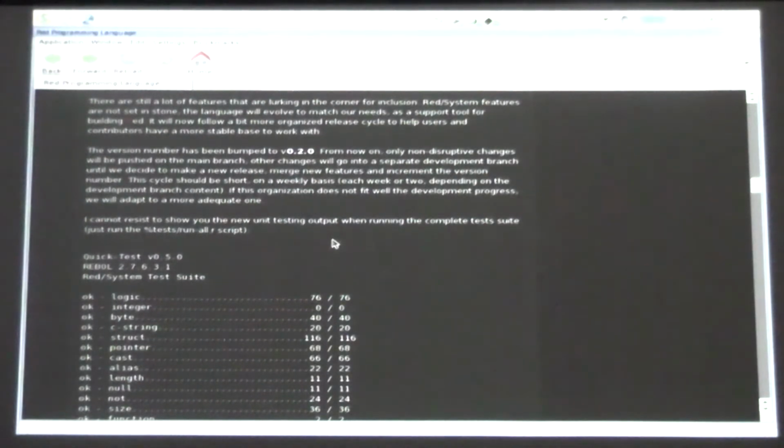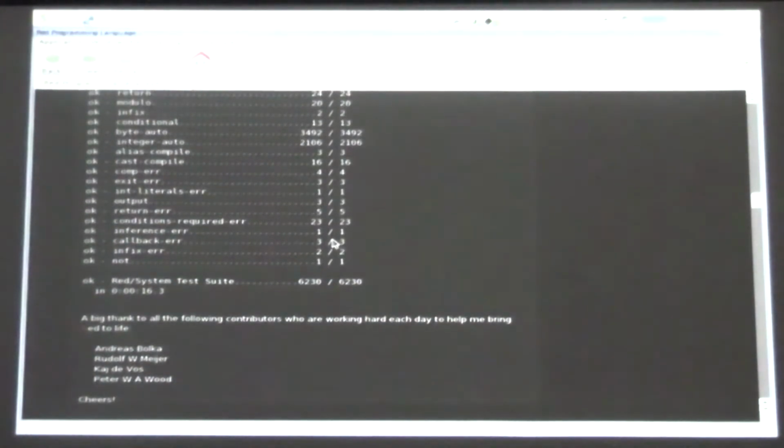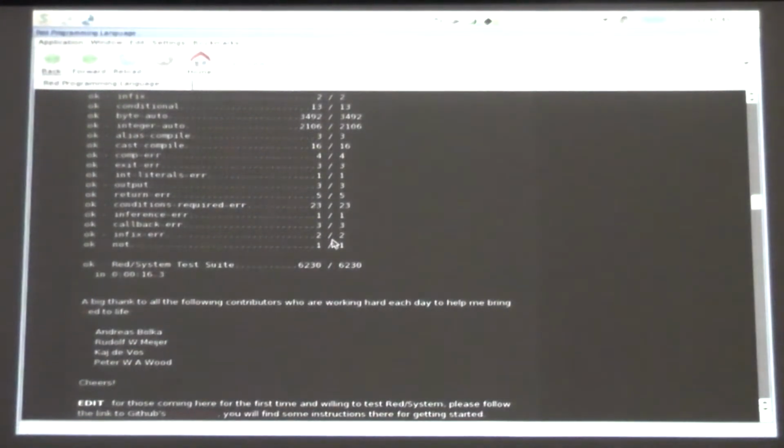That's extremely useful because Red is such a new language, and the compiler of a language is a very complex thing. Although it's relatively extremely simple written in Rebol, there are still many bugs in there because there are very many cases that you can have in a language. So a test suite is really extremely useful to test for bugs and for regressions when you make changes. So that really helps the quality of the project tremendously. So that is being done by Peter Wood,